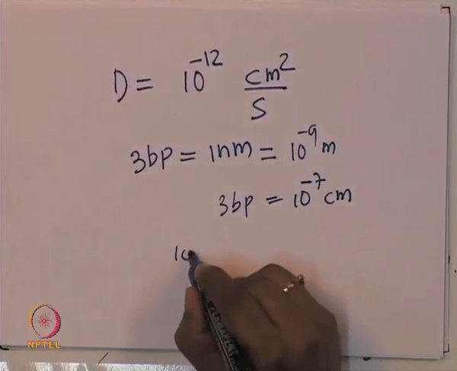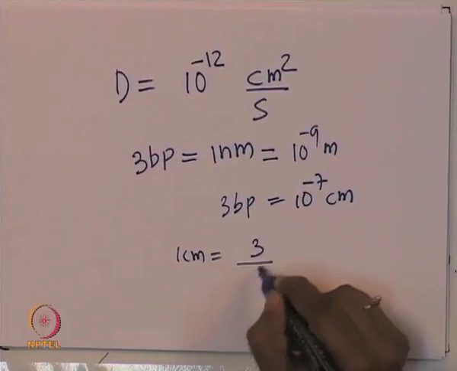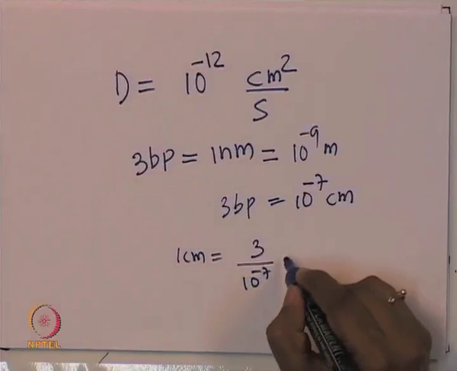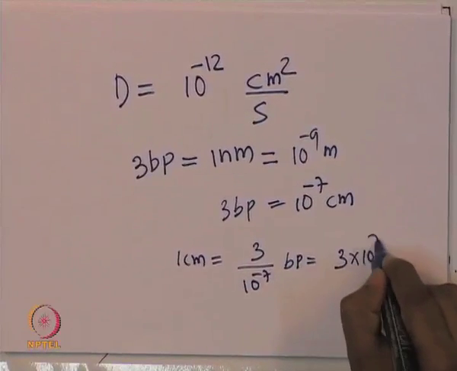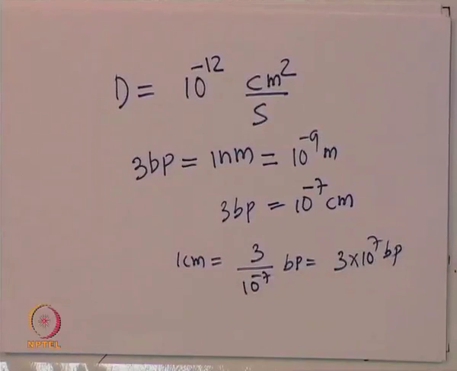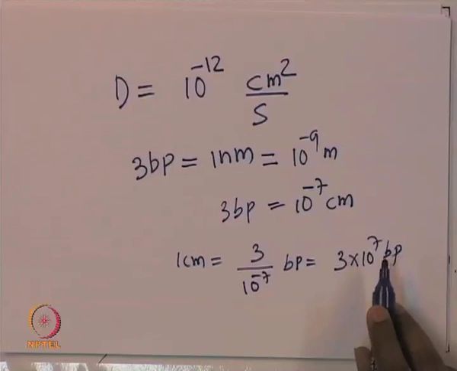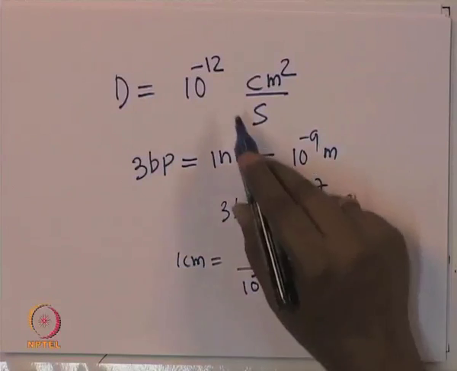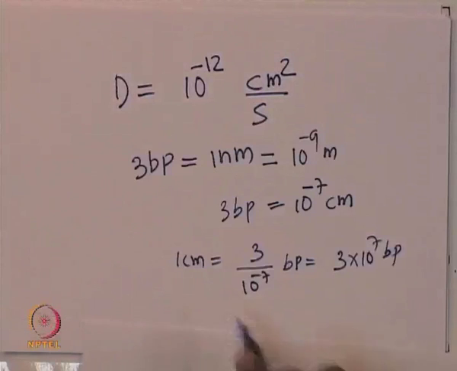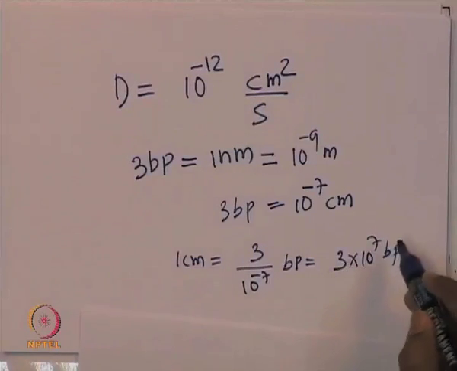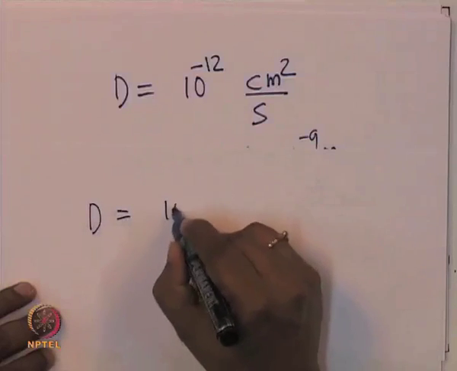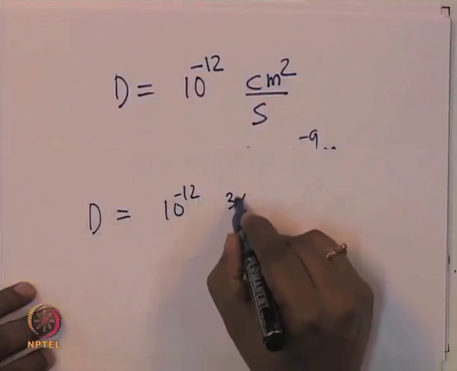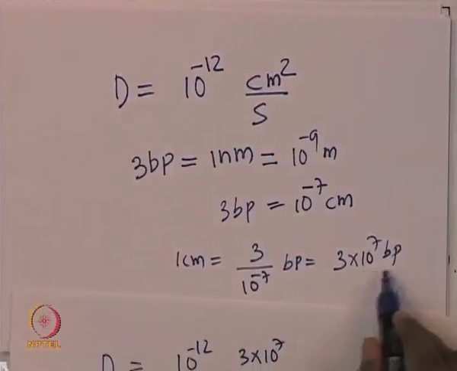In other words, 1 centimeter is 3 by 10 power minus 7 base pair, which is 3 into 10 power 7 base pair. So 1 centimeter is about 3 into 10 power 7 base pair. Now let us substitute this here. So, what do we get? Instead of 1 centimeter, let us substitute 3 into 10 power 7 base pair. So, D is equal to 10 power minus 12, 3 into 10 power 7 base pair